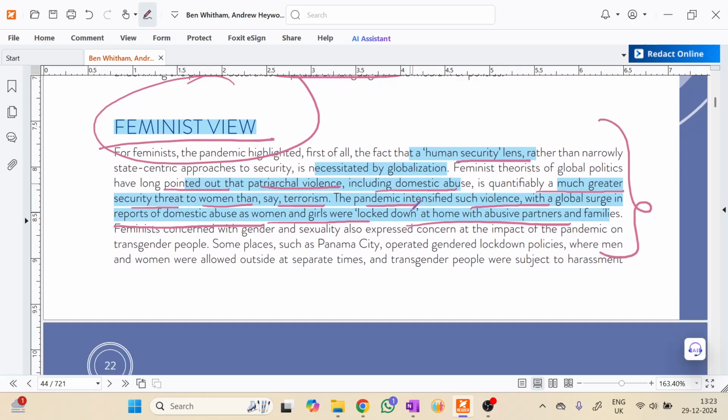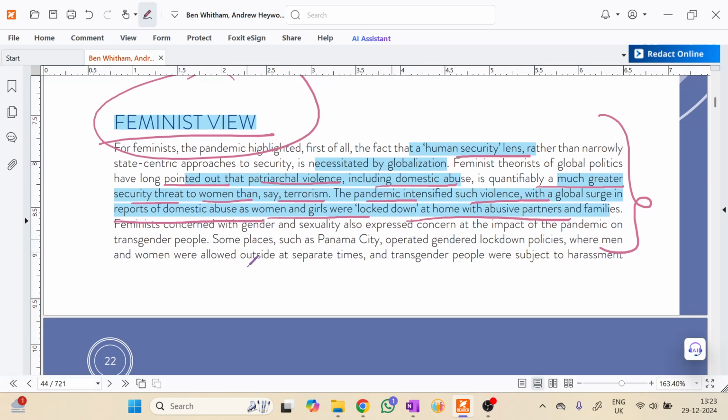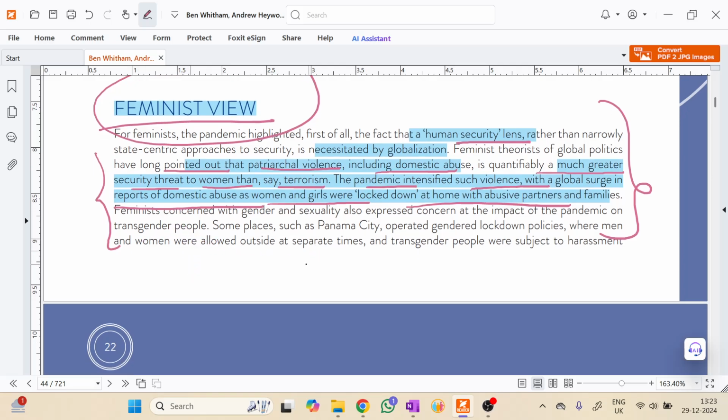And this was also true to a certain extent because of the lockdowns that were placed to stop the spread of the virus. Those close conditions, those close proximities, heightened many instances of domestic abuse, the relationship issues of staying together between families and couples, and transgender people were also subjected to